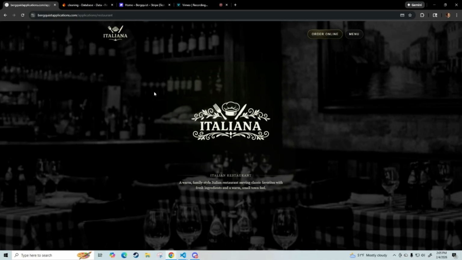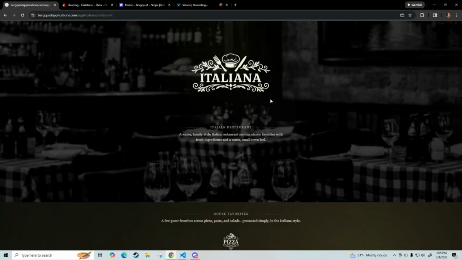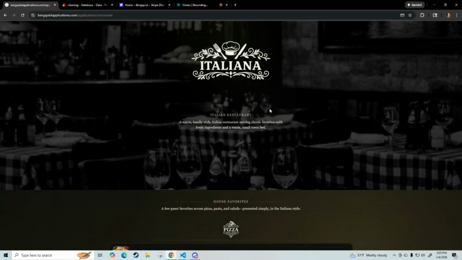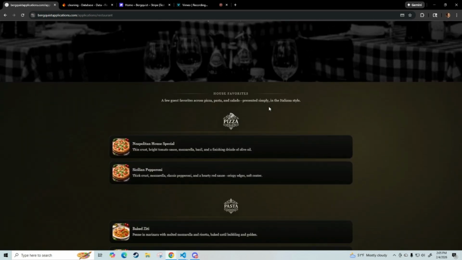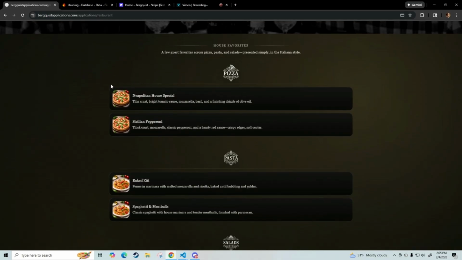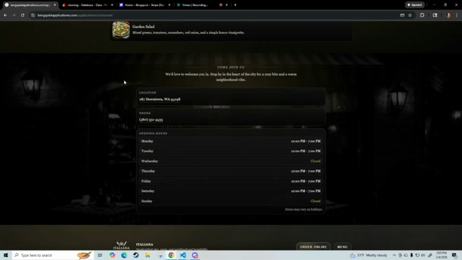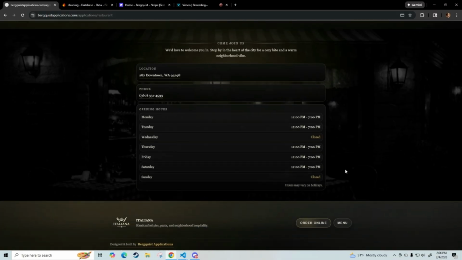So when you come here, it's just kind of a splash page, and you're not trying to overload the user with too much information. Kind of showing them a little bit about what's offered here at the restaurant. And then some information about where the restaurant is, when they're open, how you can contact them, and so on. So then we'll go over here to the menu,